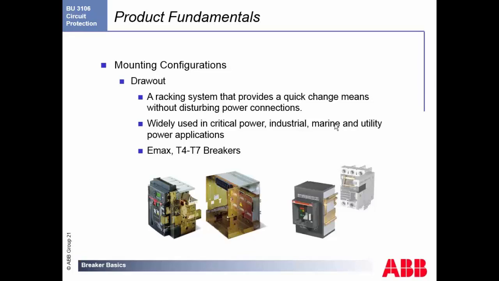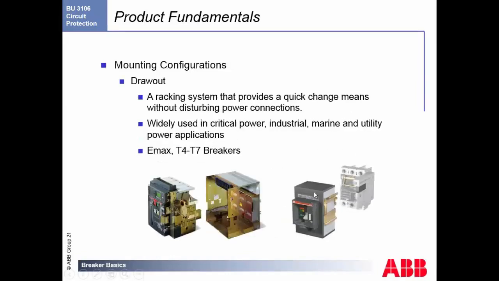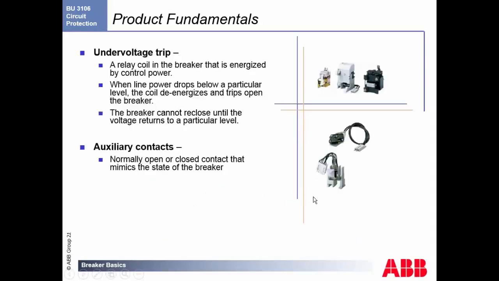You can have it on the T4 through 7, which are a little bit bigger breakers than the small ones that we showed beforehand, and they have better ratings on that. You have a lot of different accessories that you can put into these breakers, which allow for a lot of different applications. An undervoltage trip is basically a coil that sits inside the breaker, and it has a coil that